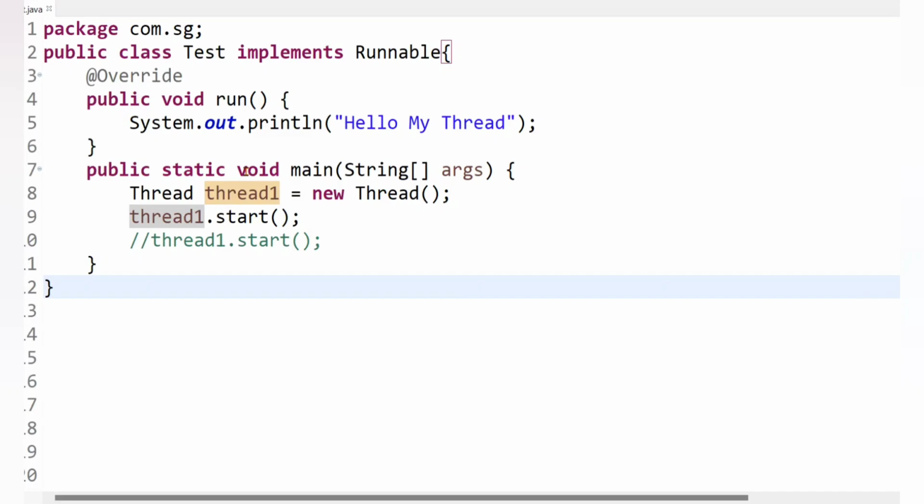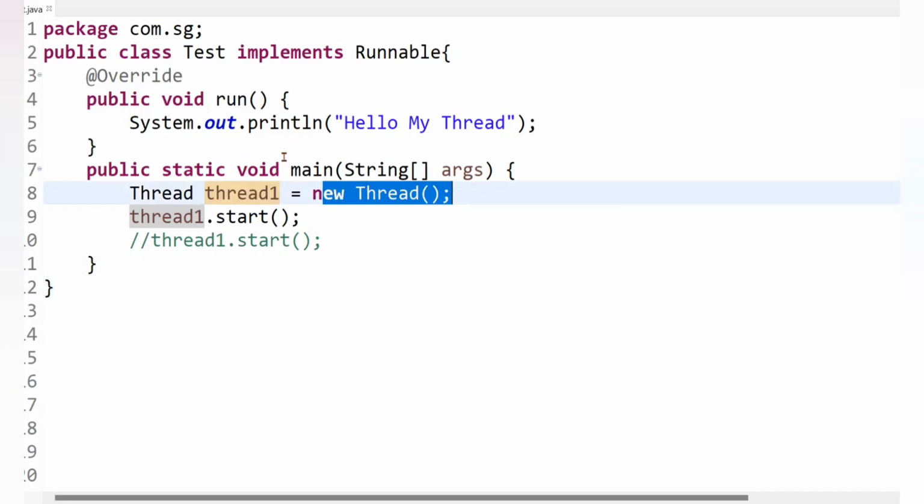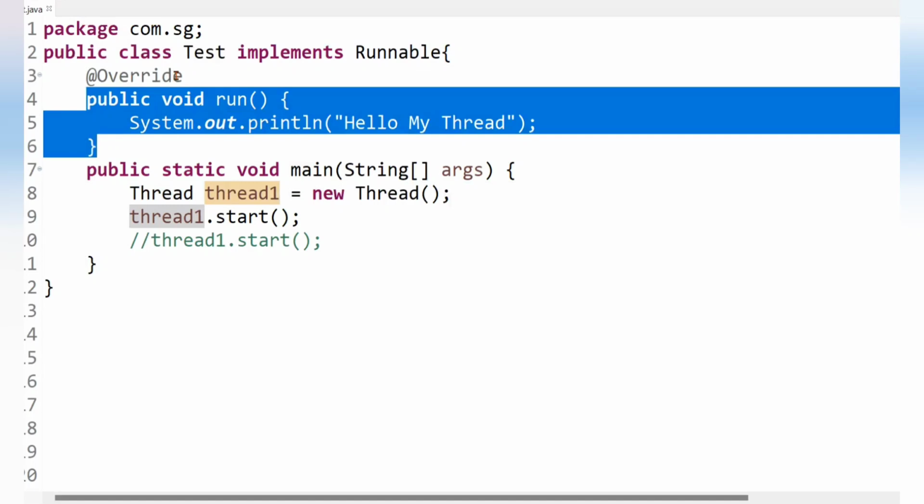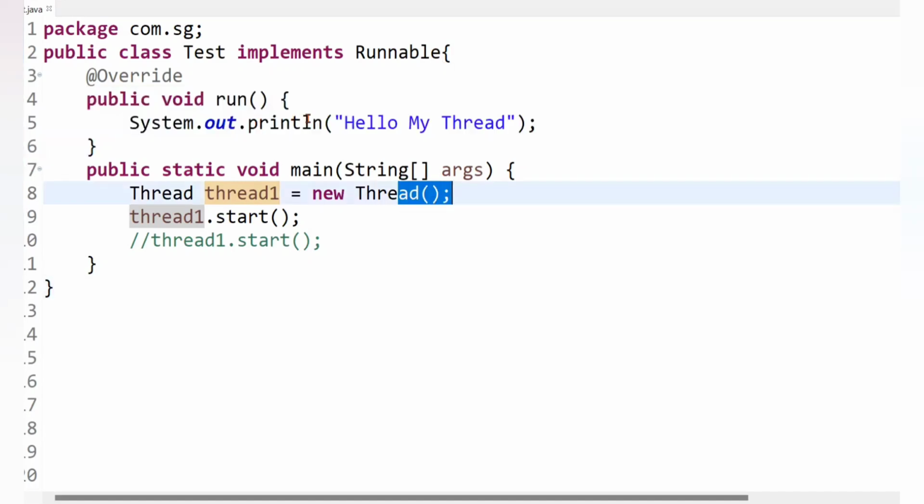Okay, so at the time of execution this thread1 will be created using this constructor. But how does the compiler understand that this newly created thread has to execute this Test class run method? Because we want to execute this class's run method, right? So to make the compiler understand, we need to pass an object of this class to this constructor.